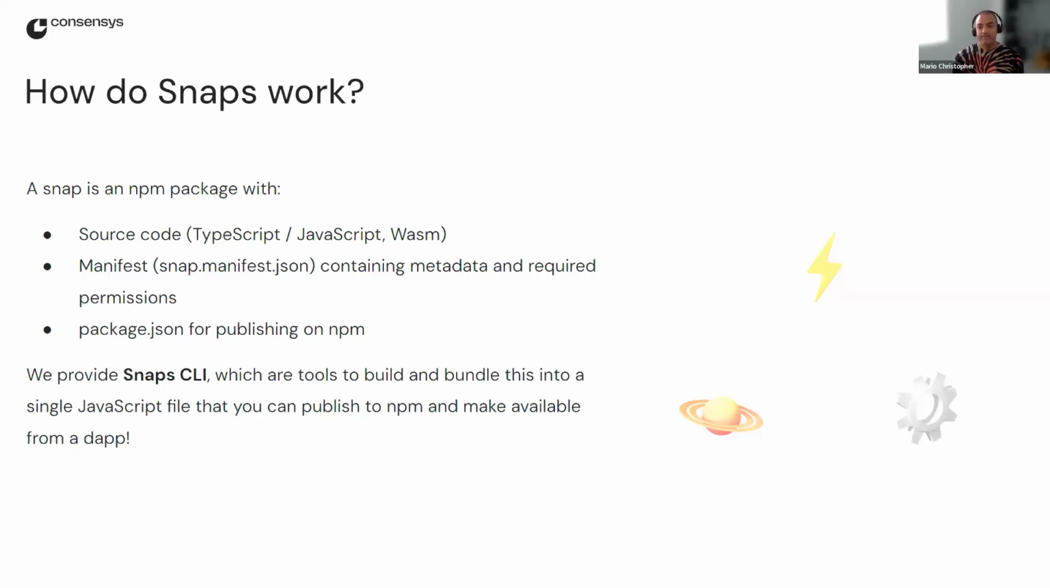So what does constitute a snap? How does it actually work? If you've written a Node project before, an NPM package, right? Then you're already 90% on your way into knowing what a snap is. So the snap is nothing but an NPM package. It's got its own source code. You can write it in TypeScript or JavaScript. And there's a main file that's added to your project called the